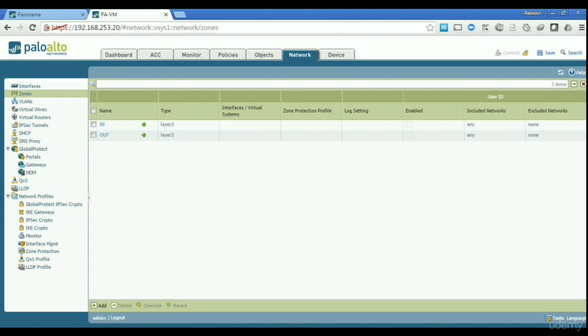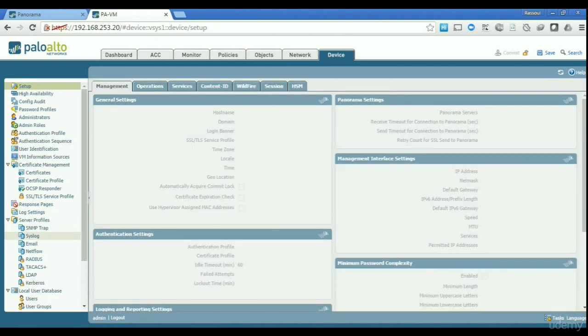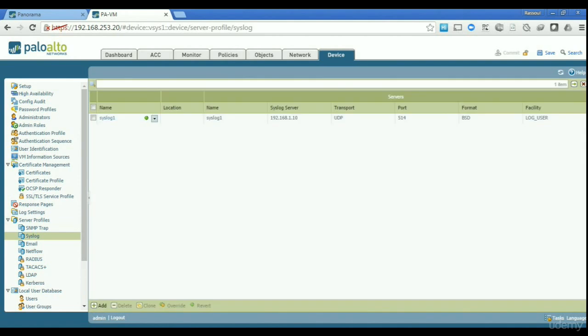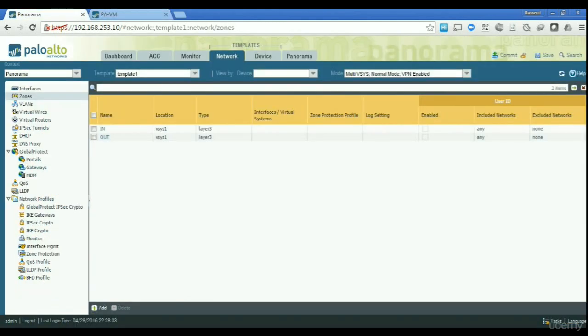And also I think I created a syslog server on that one, so you can see clearly that the syslog server also is available there. So that's how you use the templates. The other thing that I just want to show you apart from templates